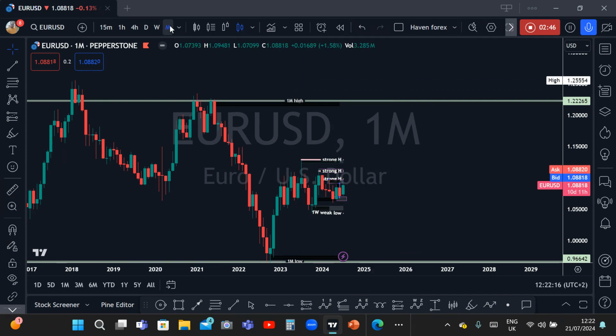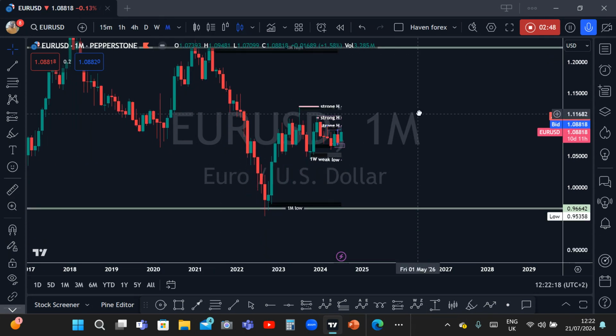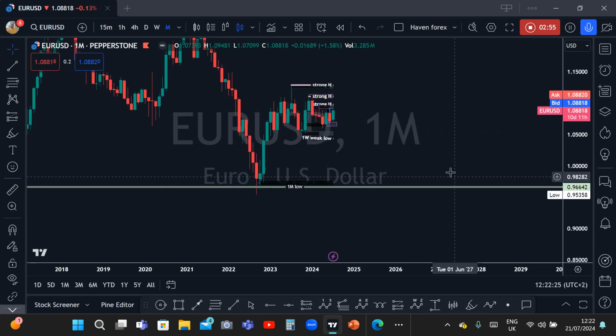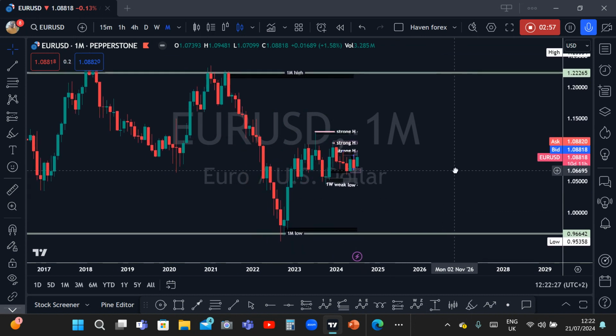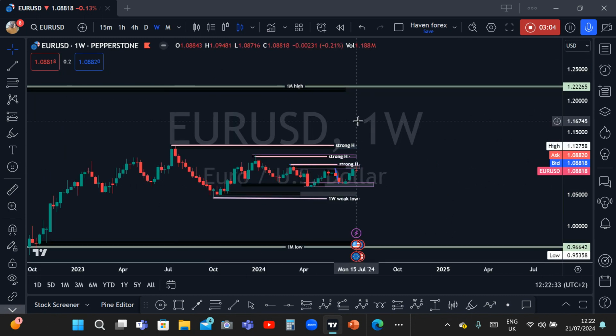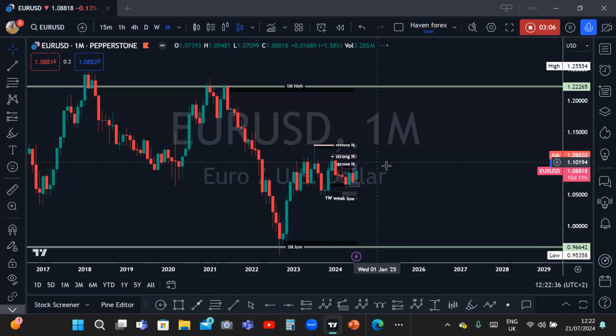Now, here is the monthly time frame. All you need to do is plot the high and the low. Very simple. That is all you need to do here. Then the next thing, you scale down to the weekly, because if you look at the monthly right now,